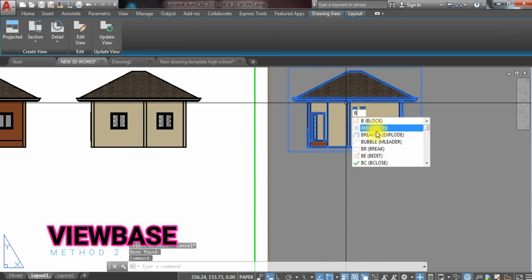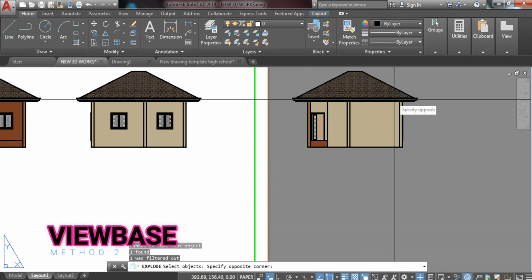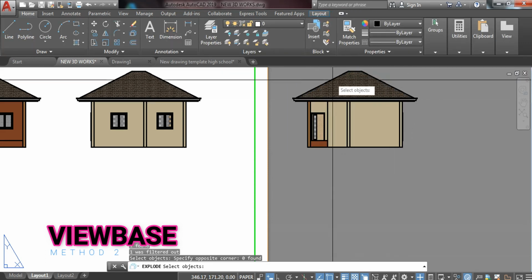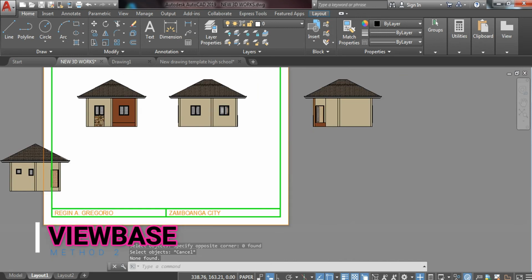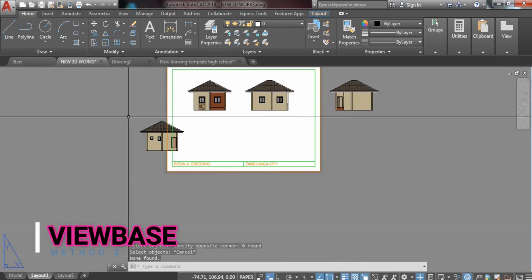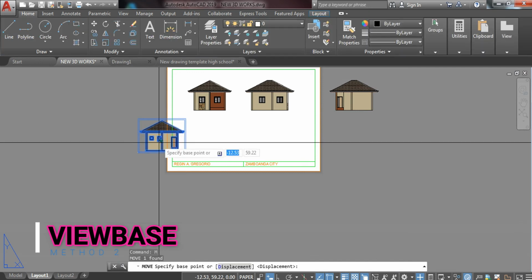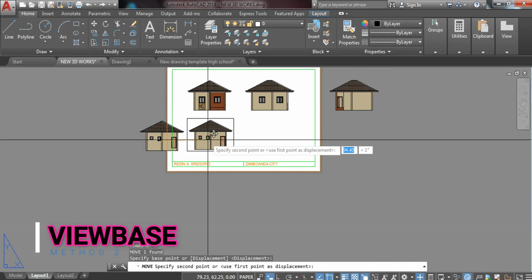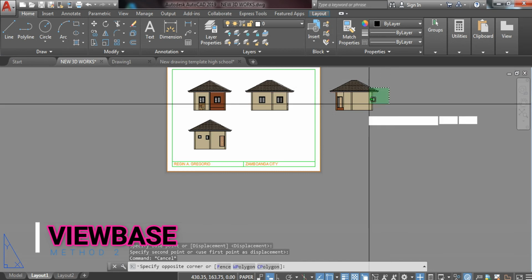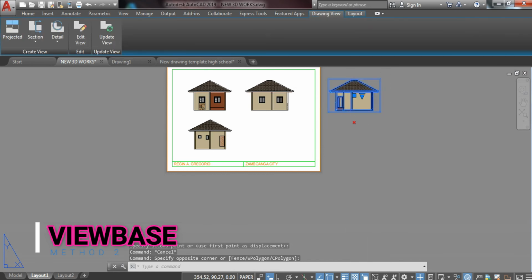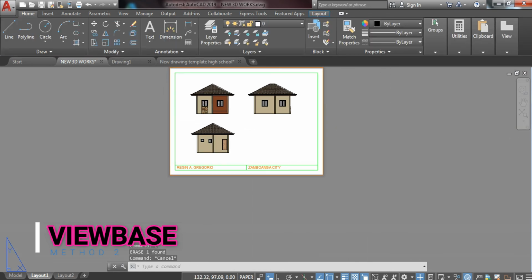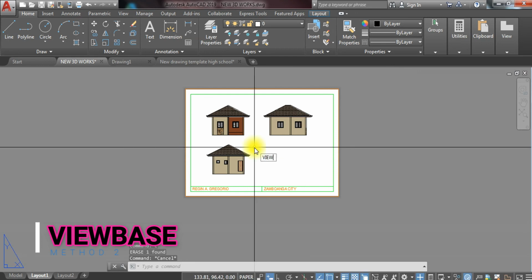Break. Okay, and then move this object also. If not, let's erase this one. Okay, ang gagawin ko lang is simply just type again Viewbase